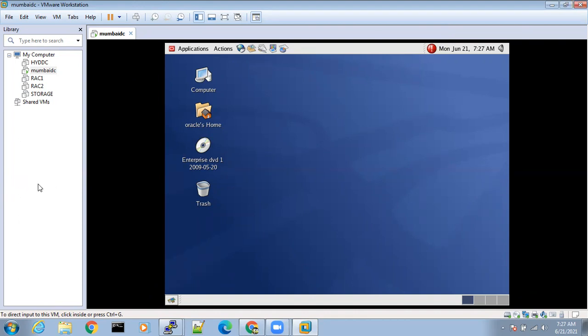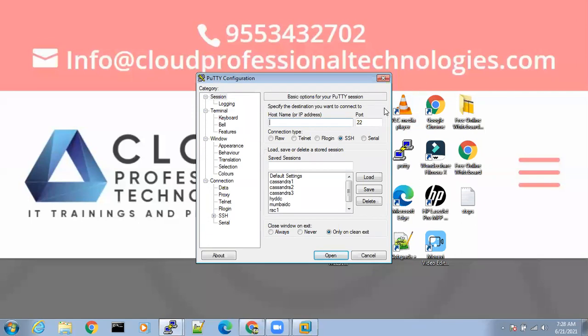So for any kind of installation we will enter the Linux VMware server directly and perform the installations. But for day-to-day activities, you can directly type the IP address.